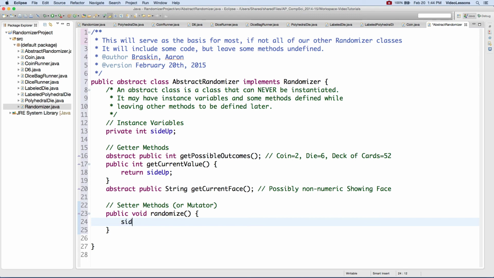We can say that sideUp is equal to, we're going to use our casting as an integer, and then we're going to put an expression inside here. Once again, it's going to be based on Math.random. And we're going to multiply it by something. Well, how do we know what to multiply it by? And this is where things get interesting because we're going to multiply it by getPossibleOutcomes as a method. Now, you say, but getPossibleOutcomes is abstract. Remember, this